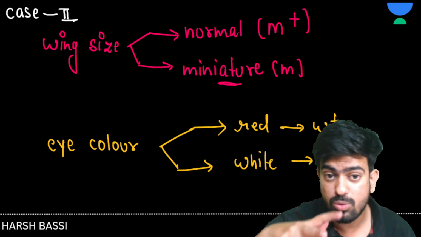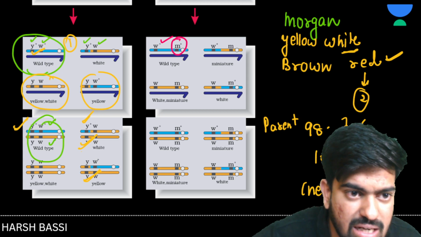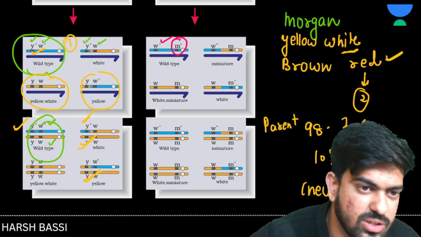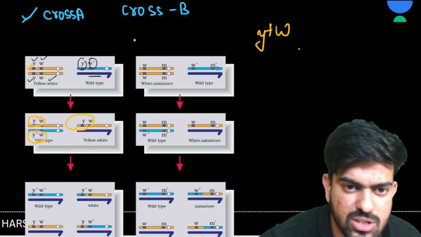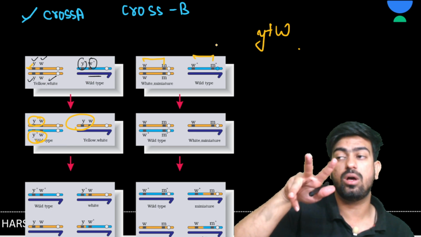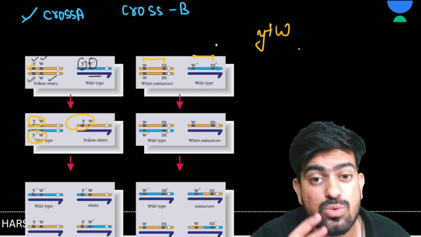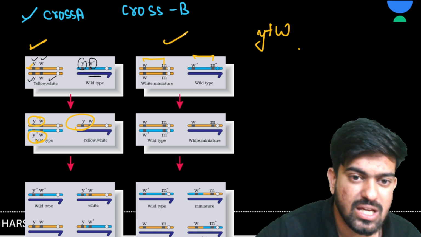Now let's move on. So when the cross was conducted between these two characters, it was observed that these two characters are present very far from each other. Can you see this? The distance between these two alleles or these two genes is very far as compared to this one. So in this case, the chances